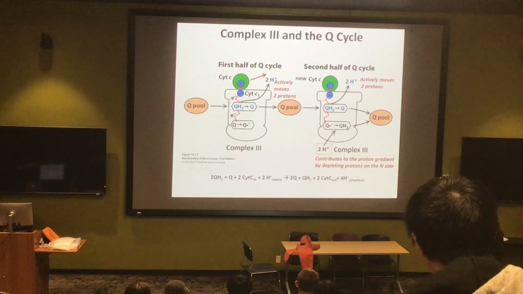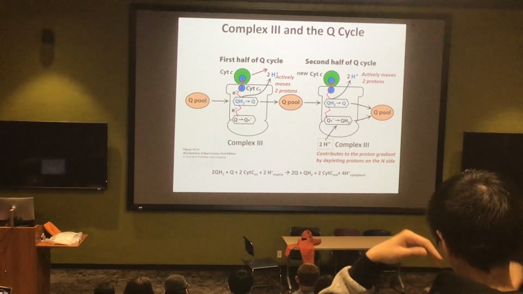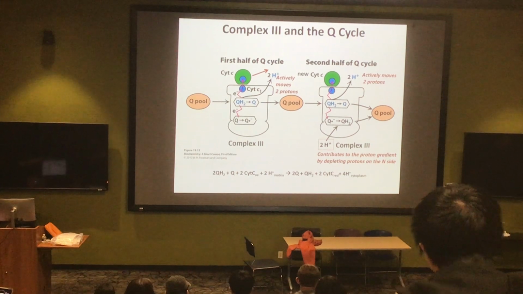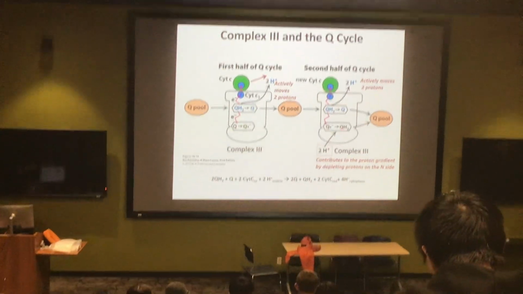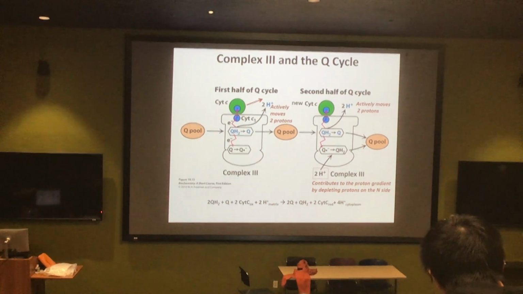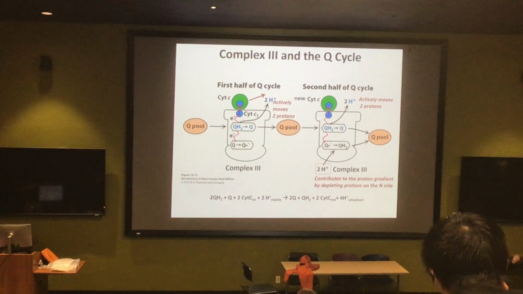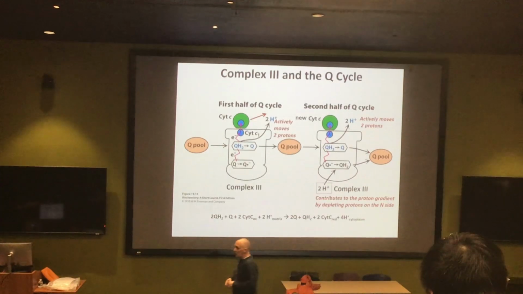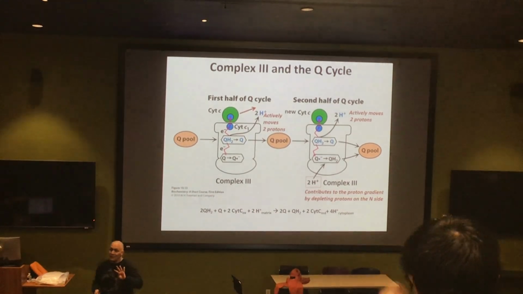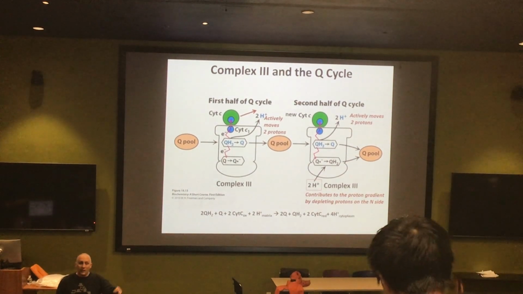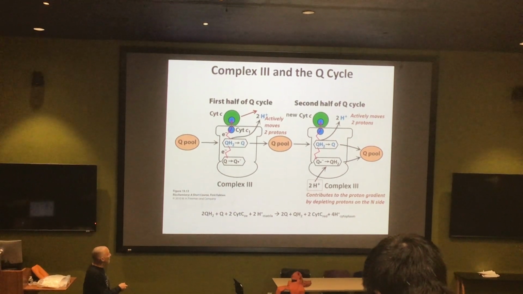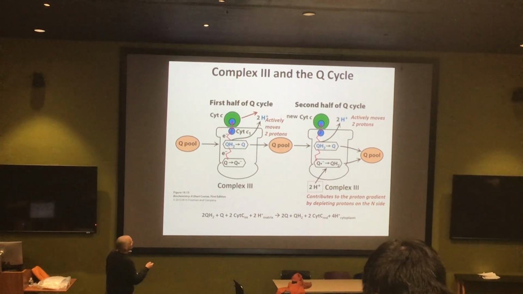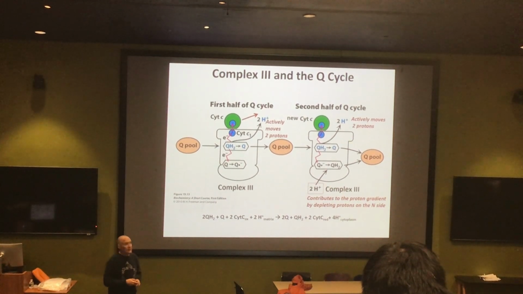But who else returns to the Q pool? The second quinone in the form of QH2. Right? So we had to essentially move a pair of electrons to this quinone just to send it back to where it started. And so when I say that this looks like a little bit inefficient, notice what we had to do. We needed 4 electron transfers to move 2 forward, and 2 ended up just back where they started again. This is because the cytochrome Cs can only take a single electron at a time, right?